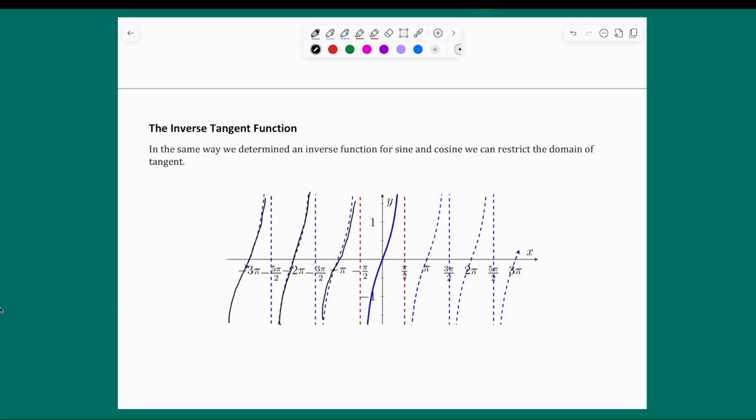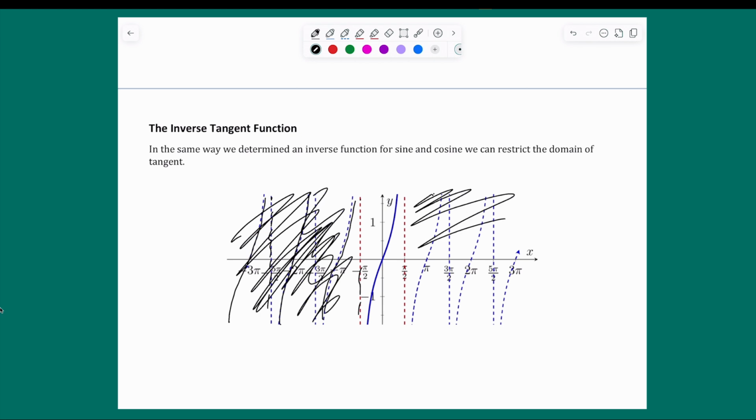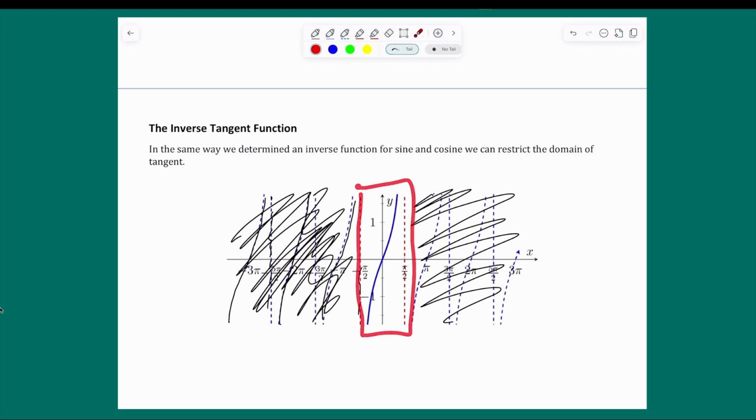And it has these asymptotes, and so what we're going to do is restrict the domain of tangent to be from -pi over 2 to pi over 2,